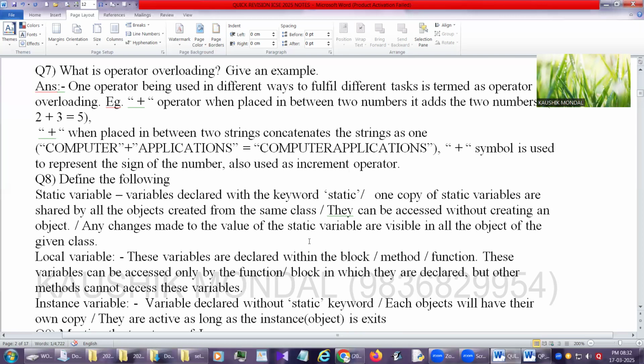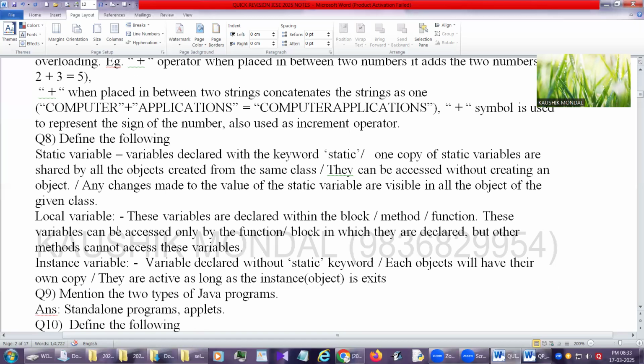These are the few important points about the static variables. This one is also known as a class variable. After class, if we declare a variable, this is known as a data member or instance variable. This data member or instance variable, if we use with a static keyword, then this is known as a static variable, and this is also known as a class variable too.